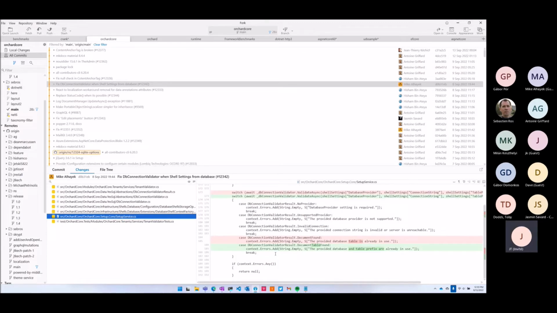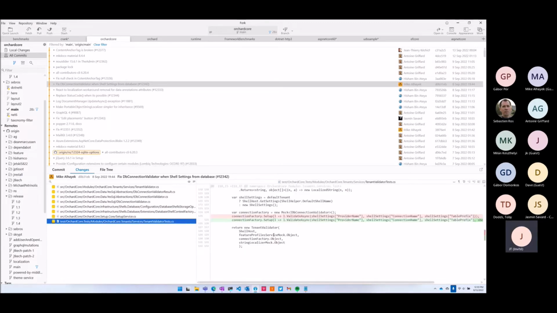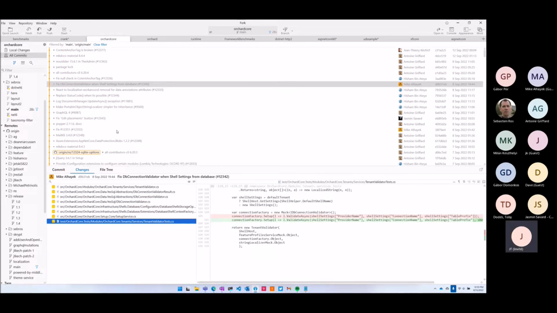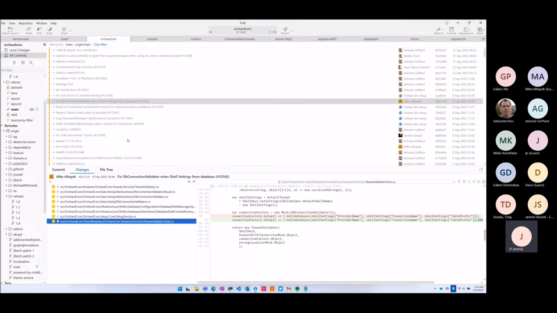Okay. For example, for the default tenant, we most of the time use an empty prefix, which is the case when we use shell from database.